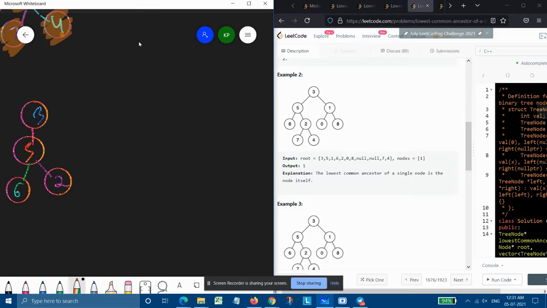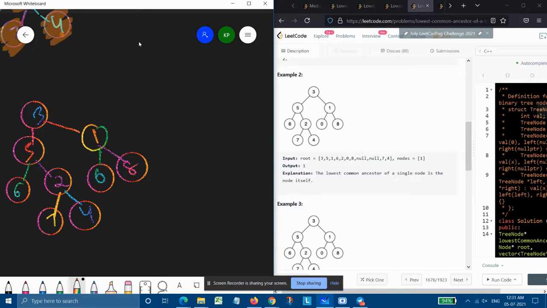Recall that in our previous question, when only one node was given to us, we were simply returning null. Here the node is just one, and when only that single node was given, we returned null as the answer, because it's about LCA, the lowest common ancestor. When there are no two nodes, how could we find the common one among them?